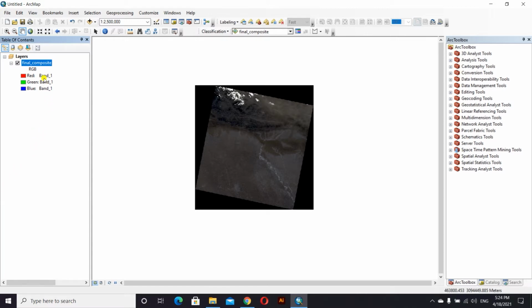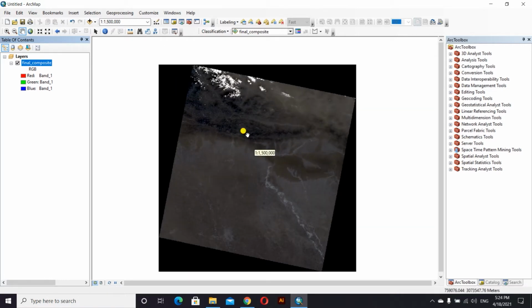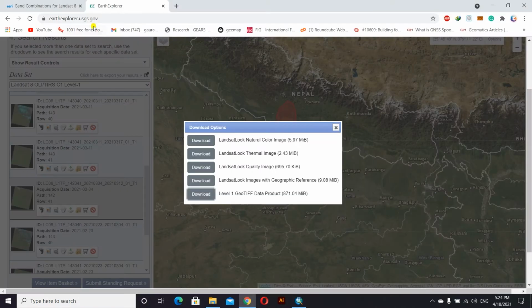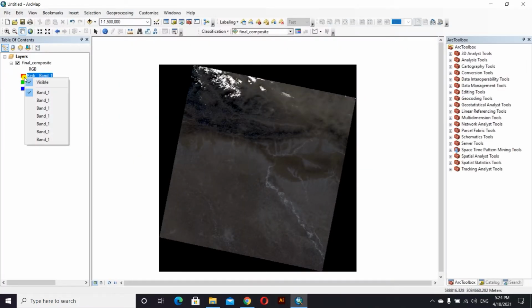This band has red, green, and blue, and on the basis of this red, green, and blue, we can do this analysis. First, let me give you a clear concept of what these bands can be used for. When you click this, we will see these 7 bands. Here it is written band 1, but it refers to band 2, band 3, band 4, and similarly up to band 7.